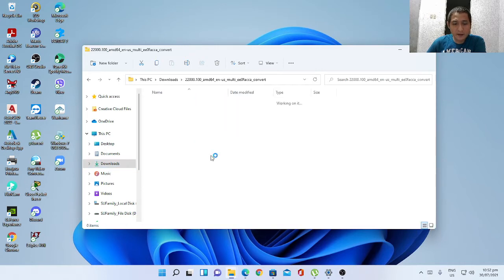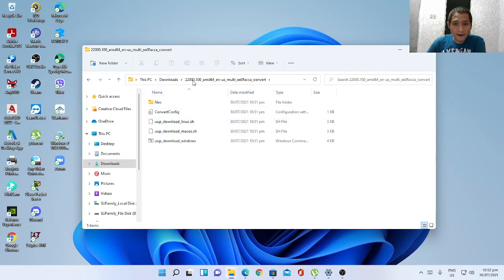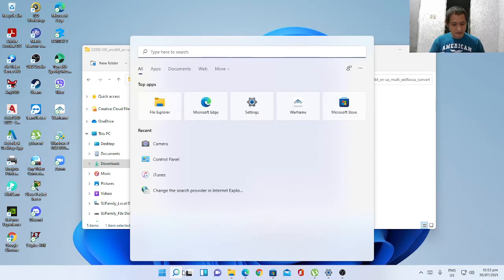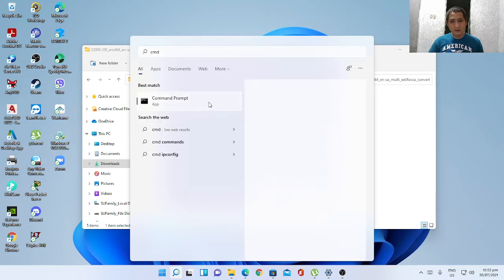So we're ready to download the ISO file for the 2200.100 AMD English version, Windows 11, the latest preview build. So if we're going to double click on this one, and we should be double clicking on this one for Windows, you'll get this one. Just click on this one and run. And when you click on run, the CMD window will actually come out,